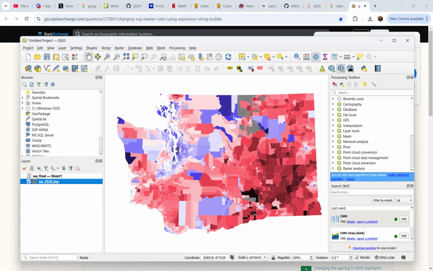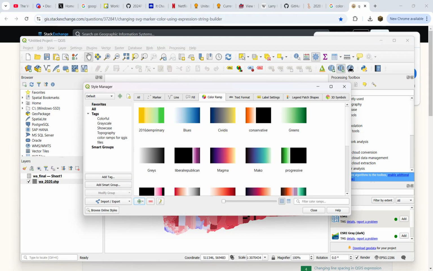This video series is primarily made just to give additional information. And in this first video, I've already made this map here. And what I'm going to show you is how to change one color on the map from what the color ramp is. And the reason why that is useful is if you look at,